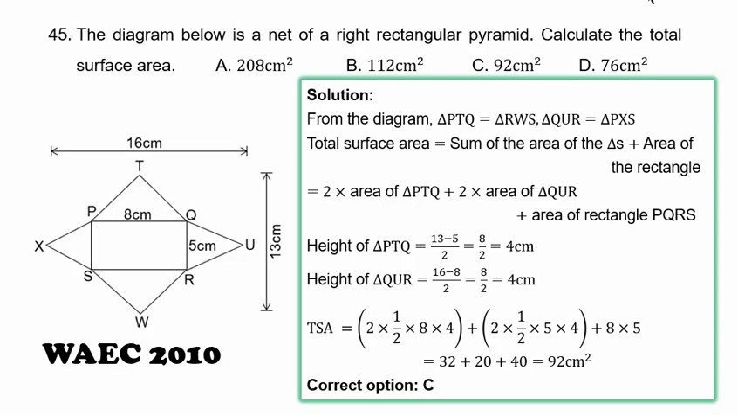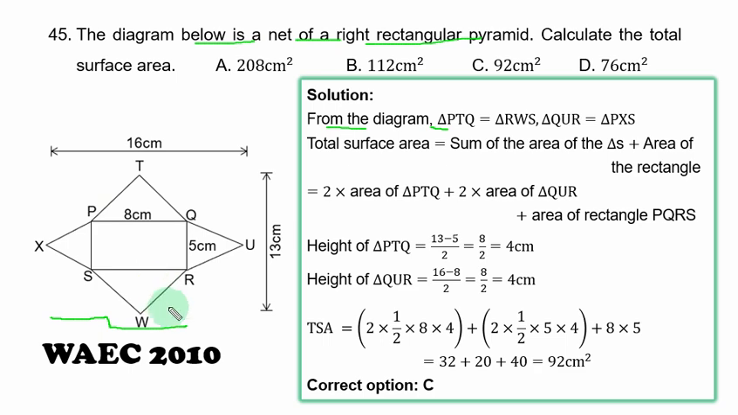Example 45. The diagram below is a net of a right rectangular pyramid. Calculate the total surface area. This is the given diagram. Solution. From the diagram, you have it that triangle PTQ